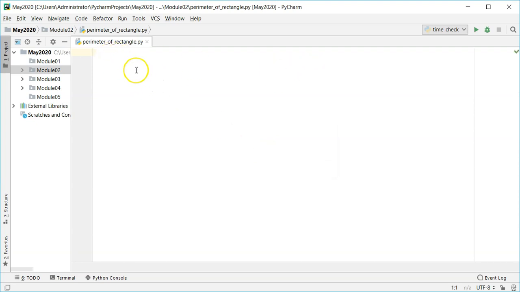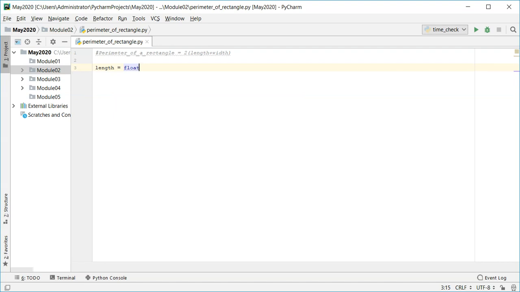So this is my program, my script is going to go here in this area, okay? So I'm going to go ahead and get the equation over here. As it was given to you before in the slides, I'm going to put it in a comment so I can remember exactly what I'm doing over here. So first I'm going to ask the user to enter two values. I have the length and the width. Okay, so I'm going to create two variables, length equal to, since it's a float, I'm going to say float,